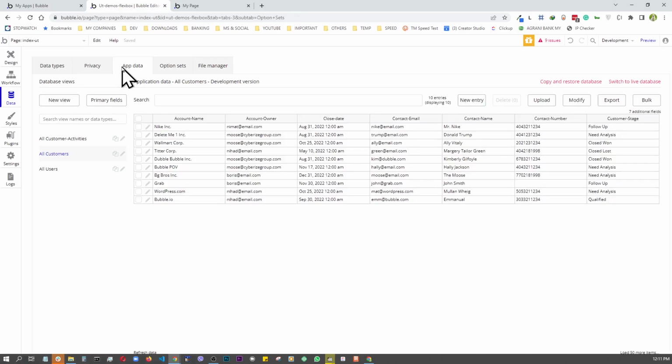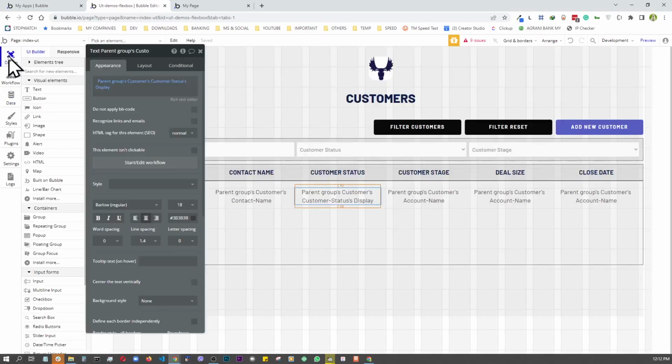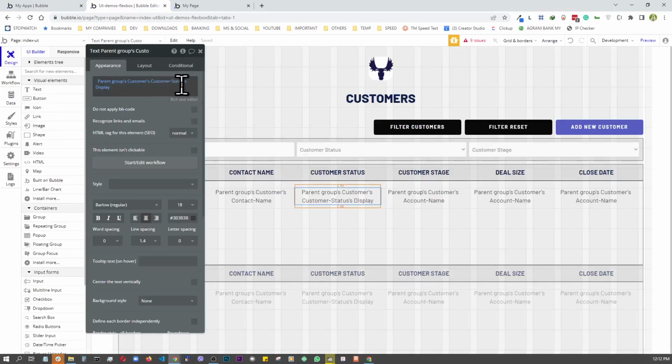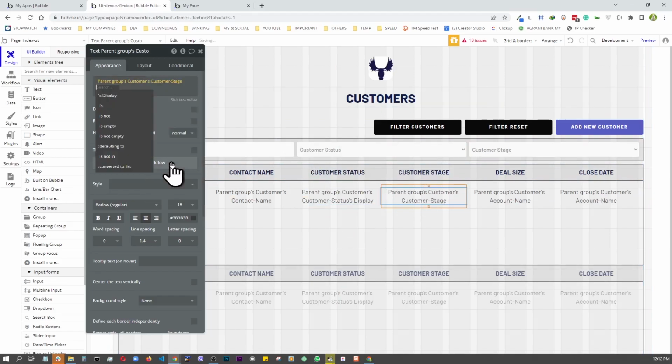Like when you bring data from here, it actually gives you the value of something, like input has value, and the database data they just drop it straight. But in options case, once you choose that option, display would be the one actually displaying the text. For example, right here, we chose that status, but then we have to choose this display attribute for that data to show up. Same here, you'll see, we go there and customer stage, display, only because they're coming from options